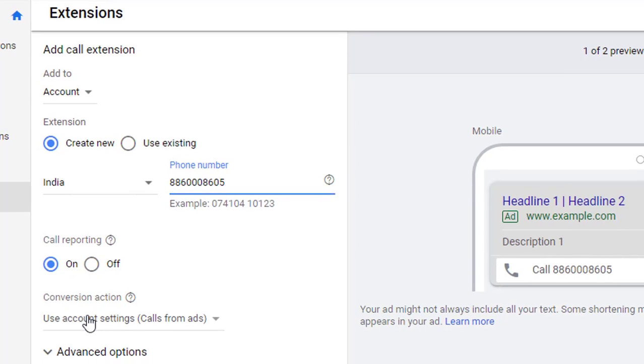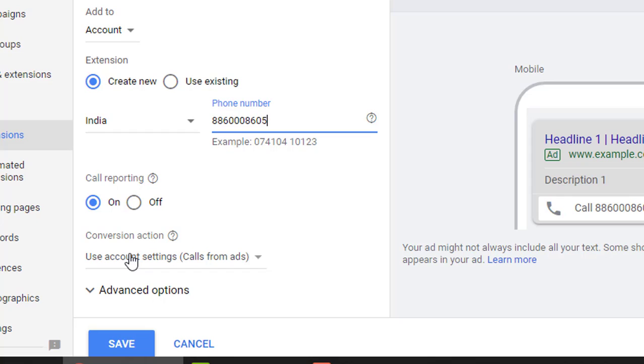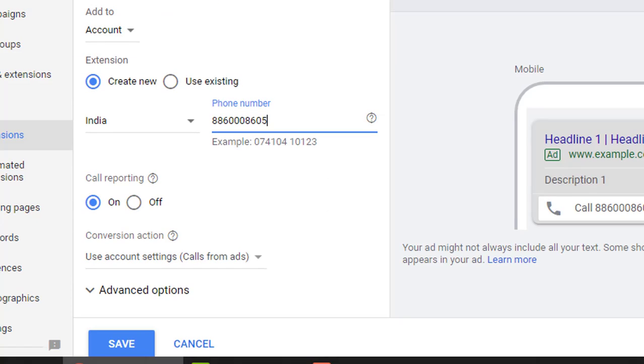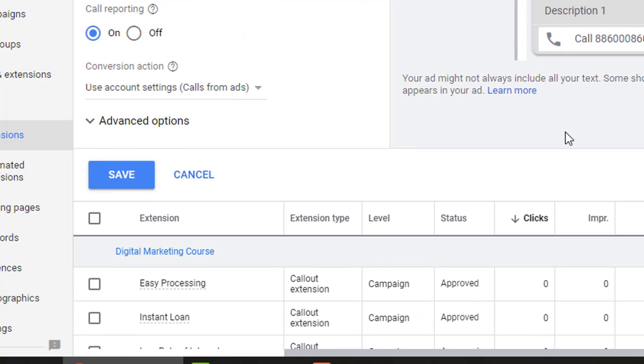Conversion tracking action is something that we'll go ahead and see in later videos, because as of now we haven't even seen what a conversion is. We don't know what a conversion is. So we will first discuss what conversion and conversion tracking are, and then we'll go ahead and set this conversion tracking. Now I'll go down.